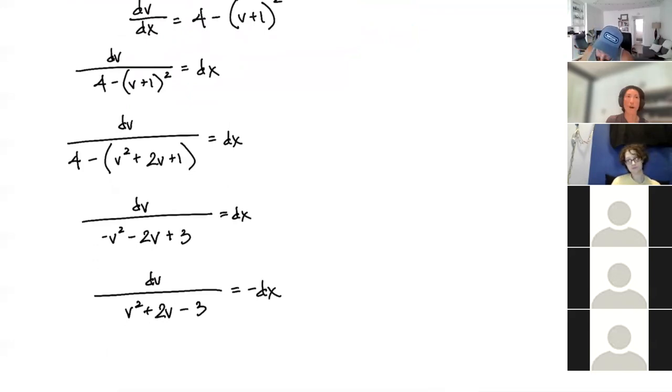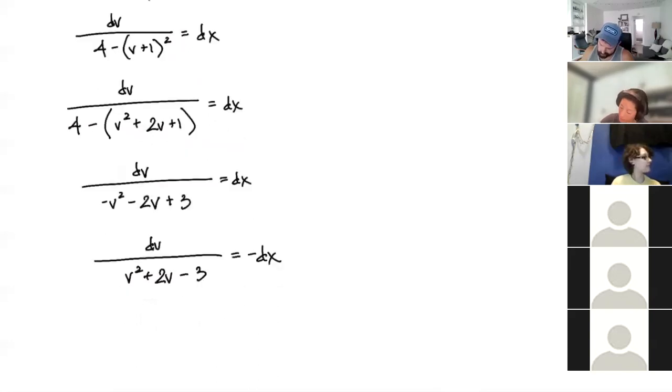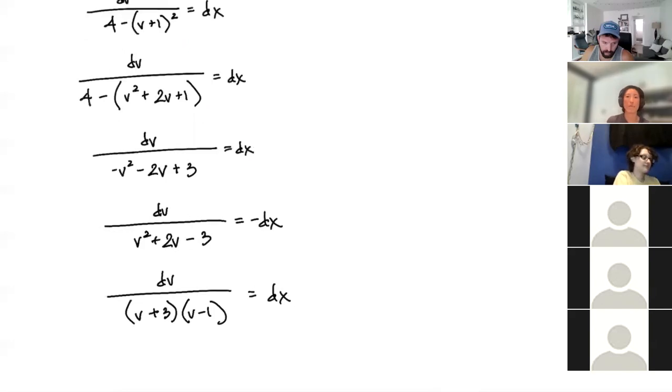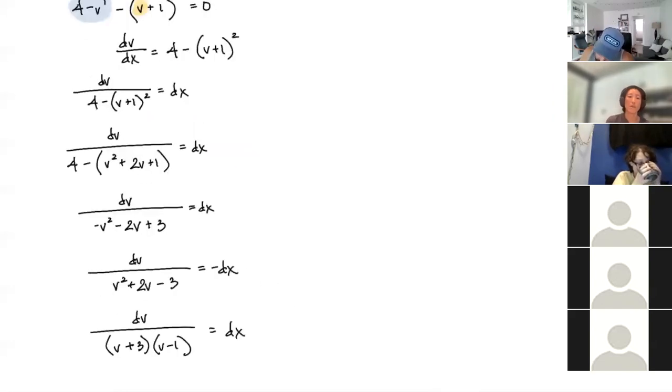Okay. Now, why would I want to factor? When I factor, I get v plus 3, v minus 1, equals dx, right? So we've done all of this algebra. We've gotten down to something, dv over 2 separate factors, all right? Now, these separate factors are precisely what tells us, hey, we might want to use partial